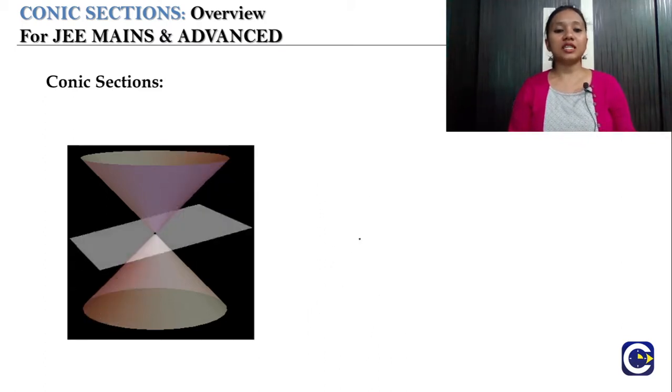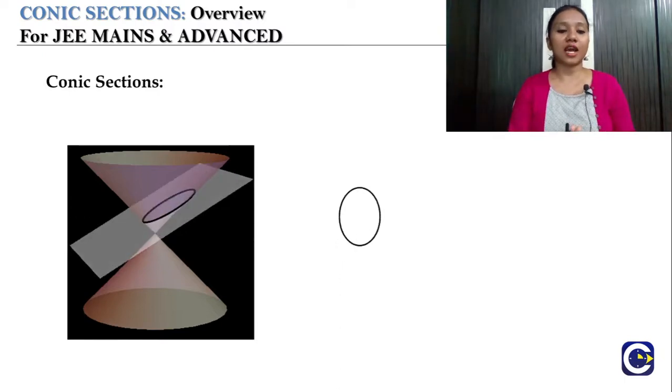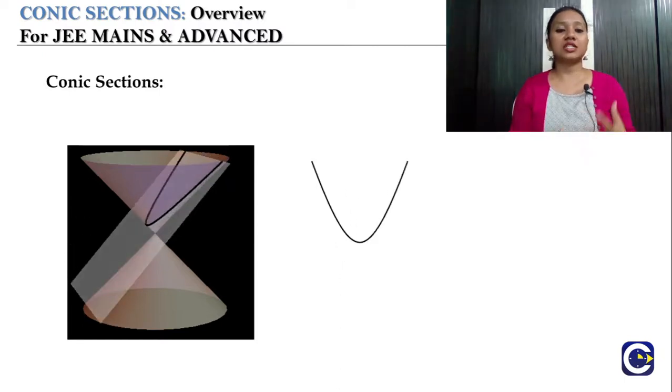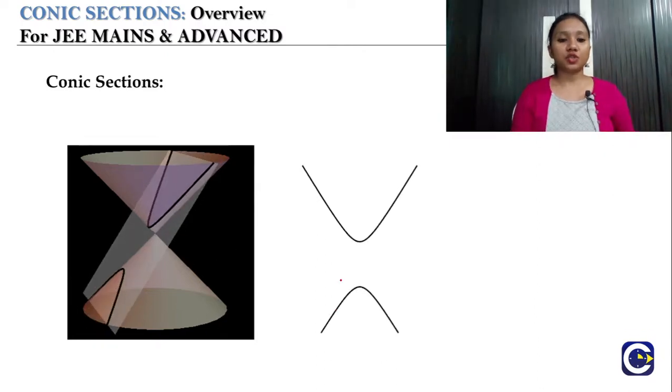So let's see the sections of our hyperbola. In this video you can identify the different conic sections: circle, parabola, ellipse, and then hyperbola too. As today's topic is hyperbola, let's have a look at the shape of this hyperbola, how we can get it from the right circular cone. Here you can see a right circular cone. If this cone is cut by this plane, then we end up with a hyperbola section which has a shape like this. So this denotes a hyperbola.